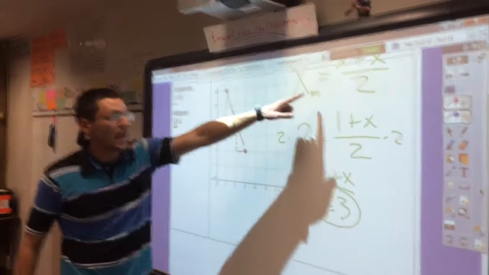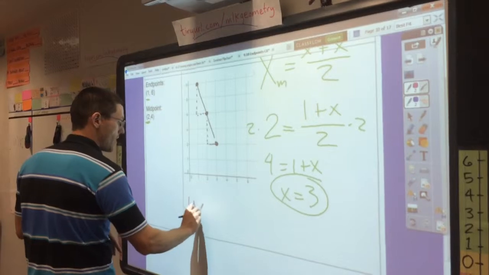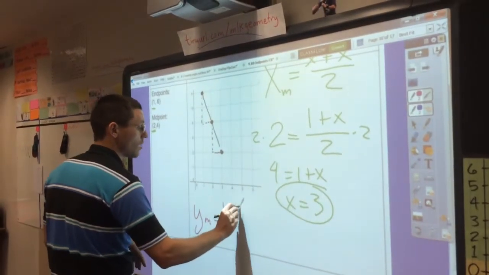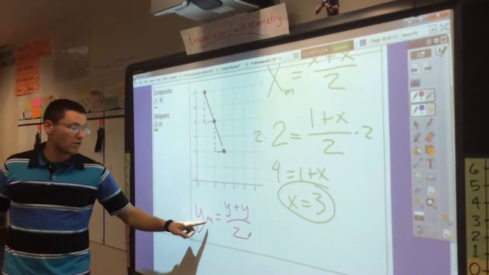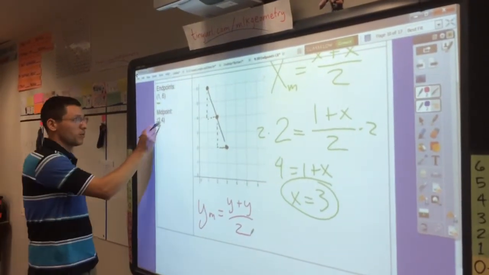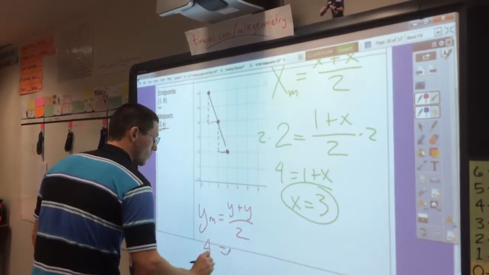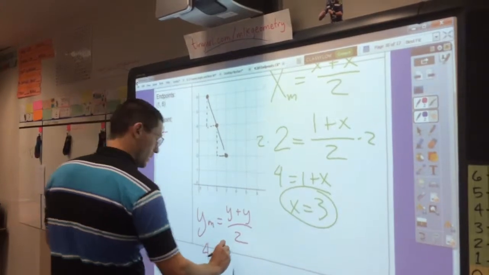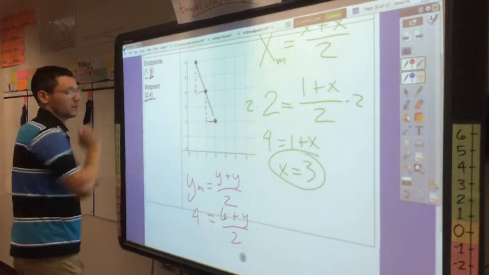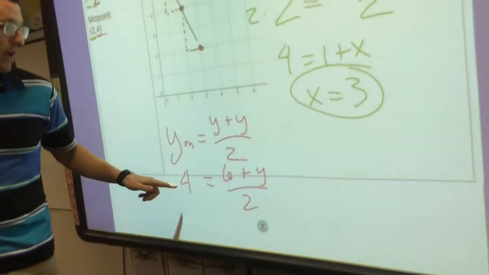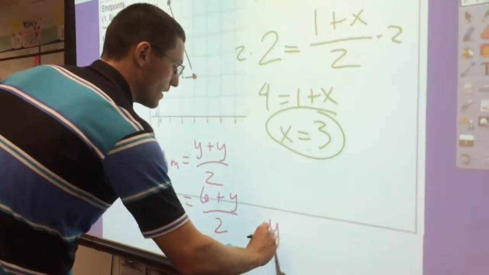Okay, we're going to use this exact same equation, but instead of the x's, we're just going to use y's. So this is going to be ym equals y plus y divided by 2. And once again, we already know the midpoint y value, right? That's our midpoint y value right here. It's 4. So when we substitute, it's going to be 4 equals, let's see, 6 plus y divided by 2. All right, there's our 6. And once again, we'll multiply both sides by 2, subtract away 6, and we're left with y is equal to